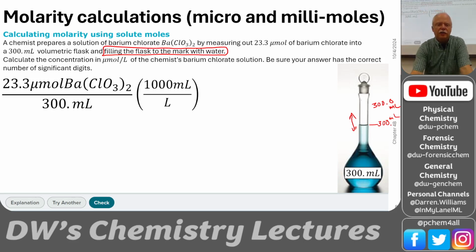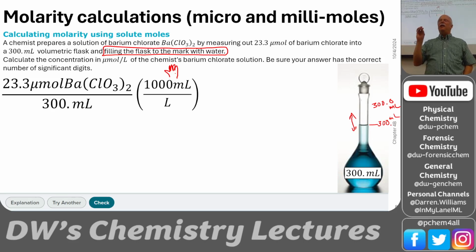This right here should be as familiar to you as the back of your hand. I'm going to draw a little hand right there. Getting from milliliters to liters, I mean, come on, there's 1,000 little milliliters in a big liter. So you should be able to go like that with milliliters to liters, milligrams to grams, all of those